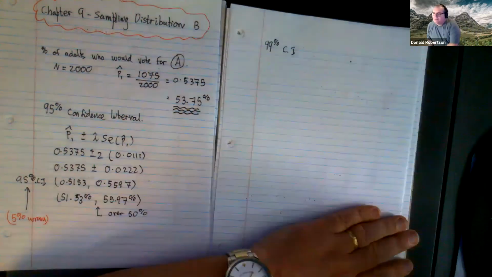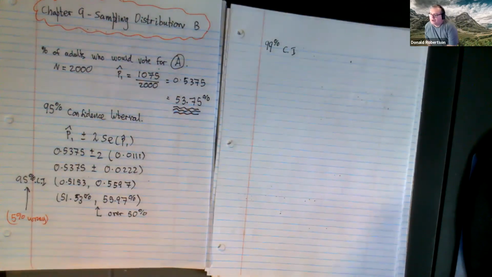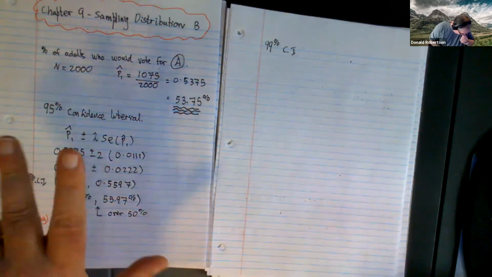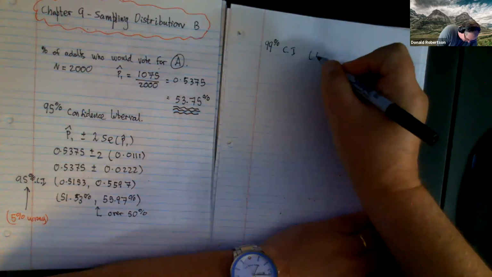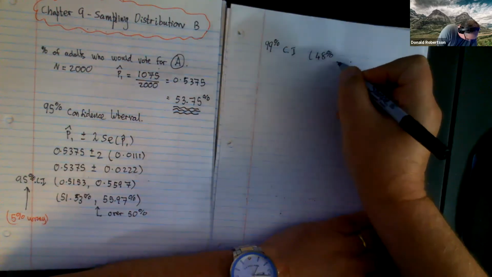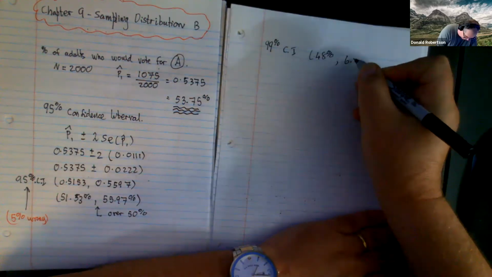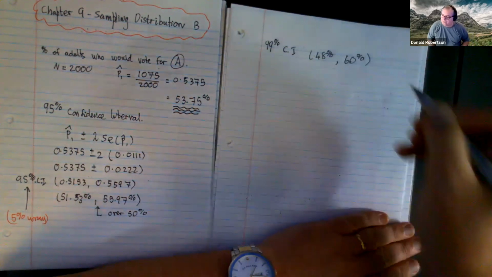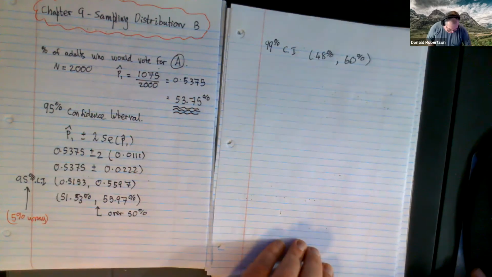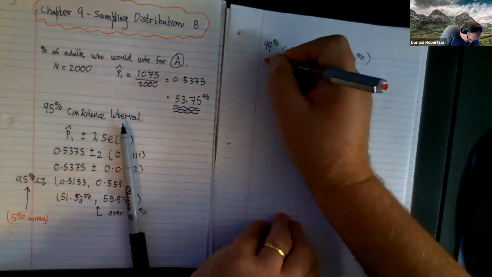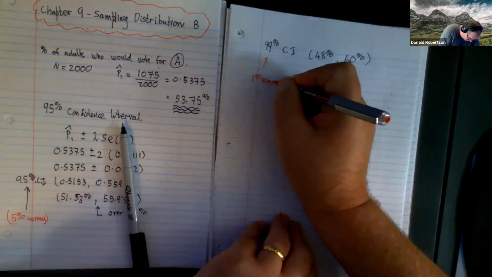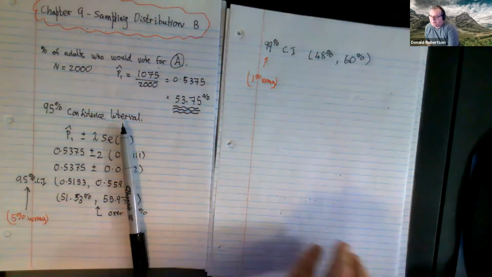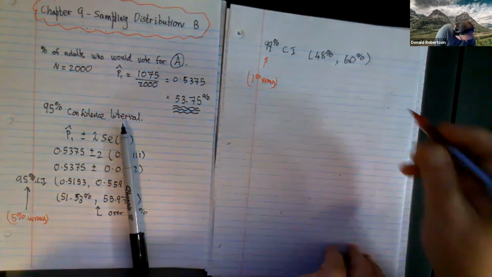Couldn't I do a 99% confidence interval? I won't go through the details of it, but let's suppose I did it. And it ended up being 48% to 60%, just for argument's sake, right? Now, in a 99% confidence interval, there's only a 1% chance that I'm going to be wrong, agreed? But I'm still going to be wrong 1% of the time. Unfortunately,